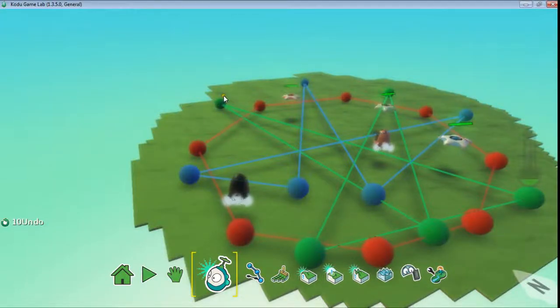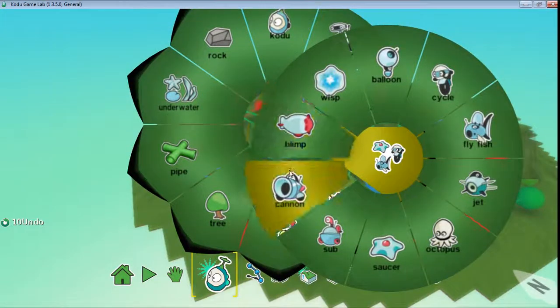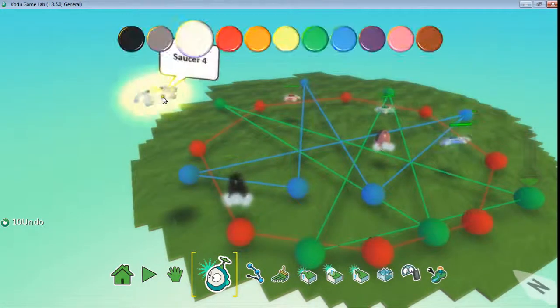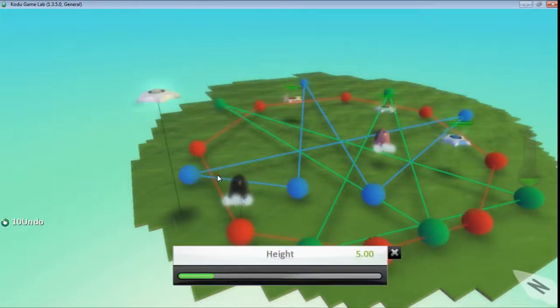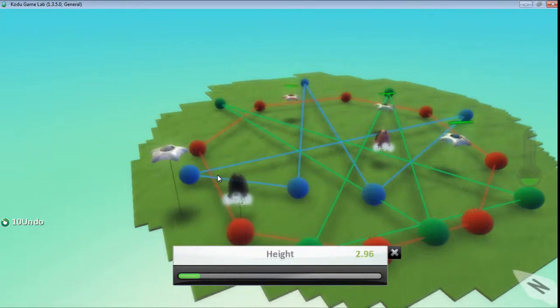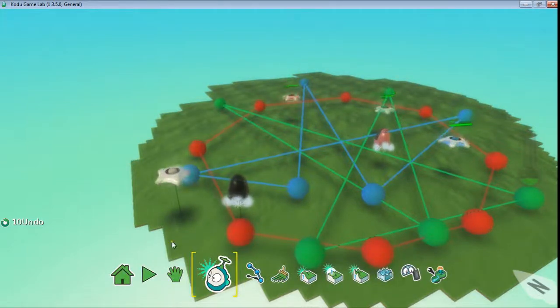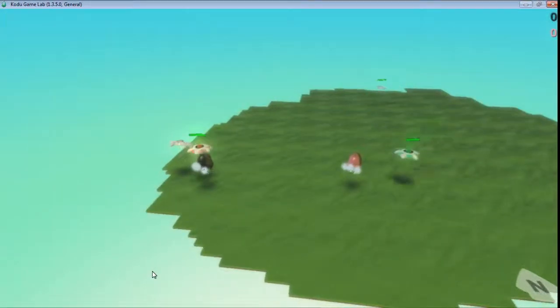In this video I'm going to create another saucer that actually doesn't follow a path. I'm going to create a saucer. I'll have to change its height so that I can hit it. It was 1.8 for all the other saucers in the Kodoos, so I'll make it 1.8. There we go. If I play it, it doesn't move at all at the moment, and I don't want it